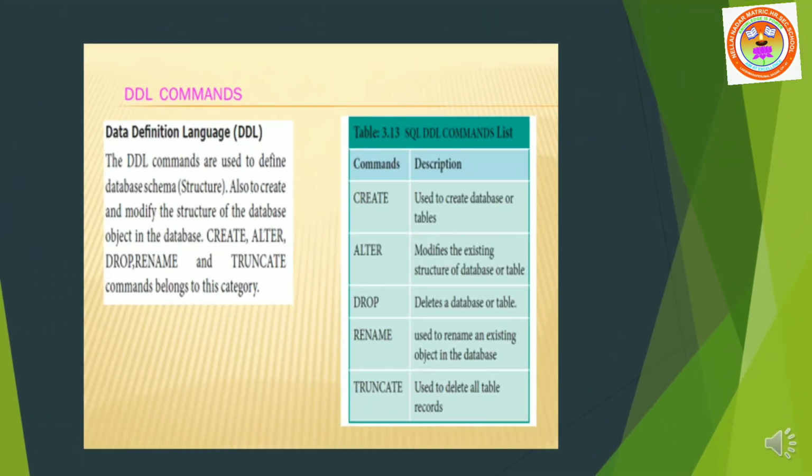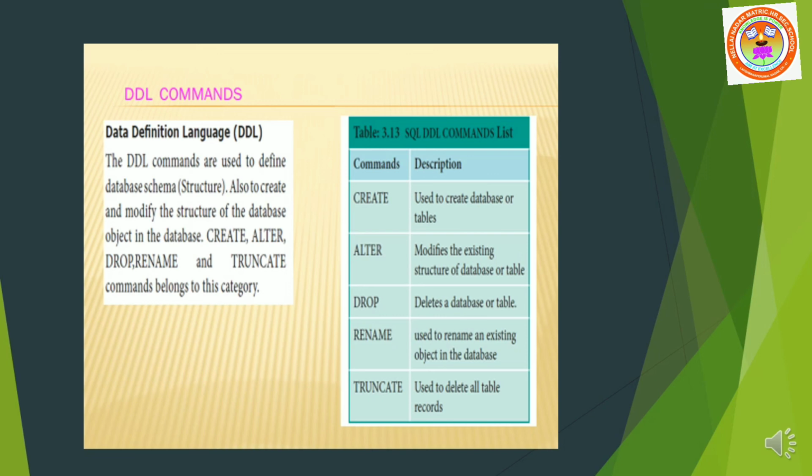First comes DDL commands. Under DDL commands, we have create, alter, drop, rename, truncate. The DDL commands are used to define the database schema. Schema is nothing but the structure of the database, so the structure of the table.